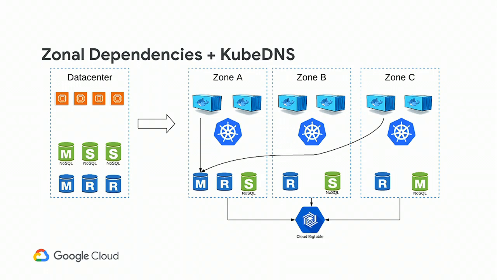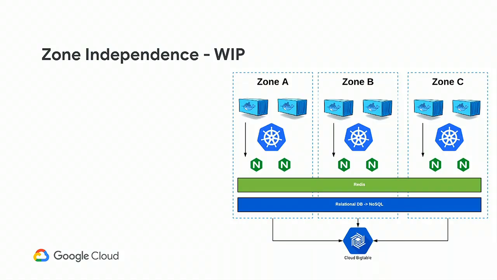We looked at kubedns. We said, okay, kubedns is cool. It understands when services become available, and understands where the backend services are. It goes and distributes that. But kubedns distributes across all the zones. So when that happens, that's not really what I want. I kind of want a scenario that looks like this. This is a work in progress, so I can't sign off on a full solution yet.